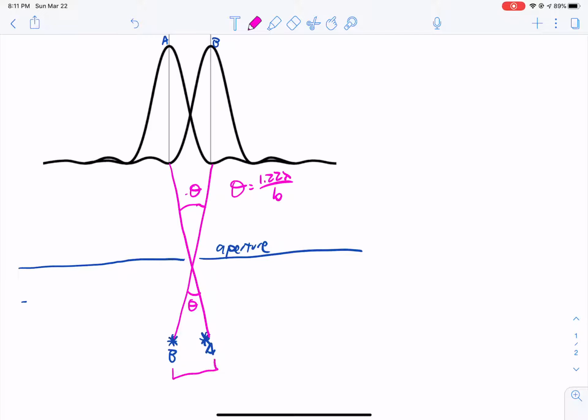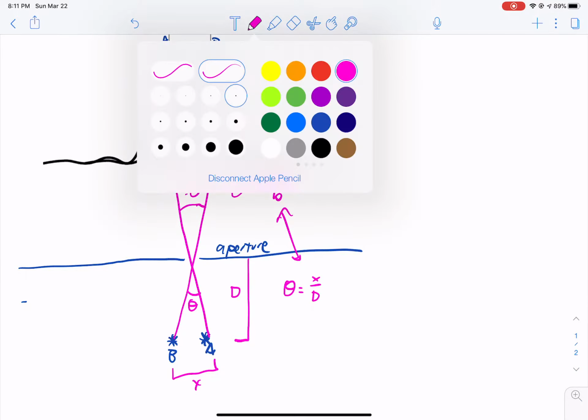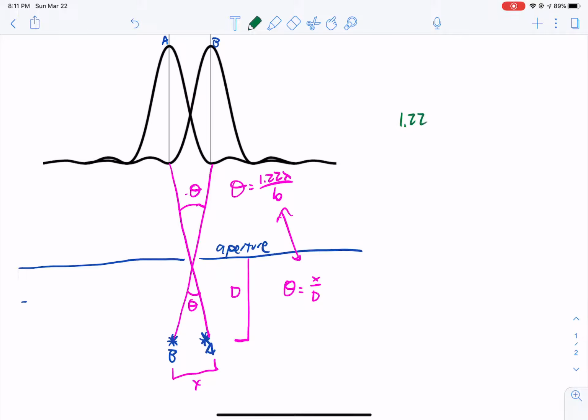And if we define two other terms, let's define x as the distance between them, and capital D is how far away those objects are from the aperture, then I could say that theta, using the small angle approximation, which only works for small angles (big angles don't need to apply for resolution), is also going to equal x over D. And so we can put these two equations together and form an equation like such. We can say 1.22 lambda over b equals x over D, where x is the separation